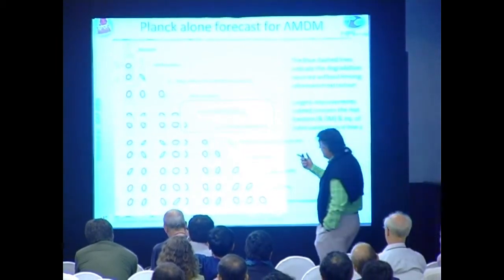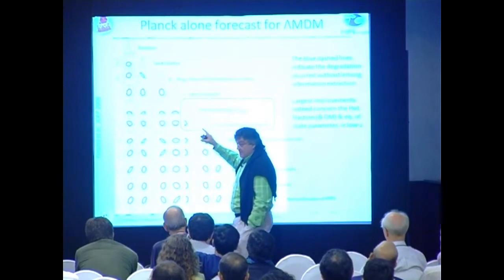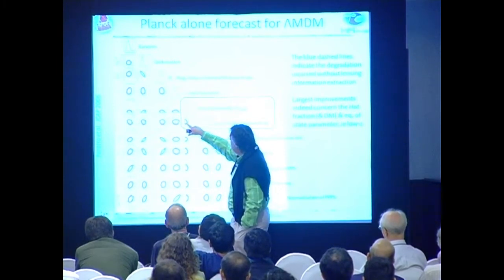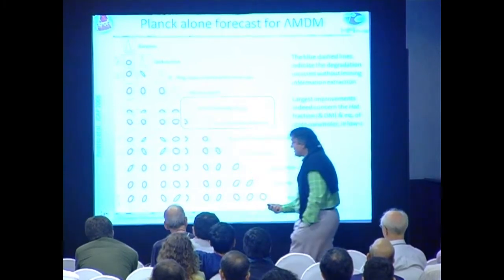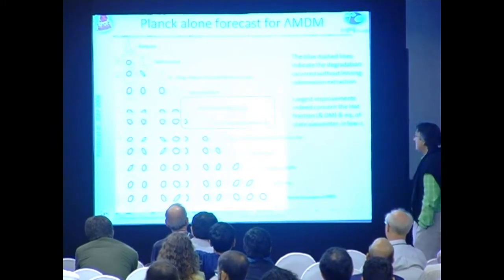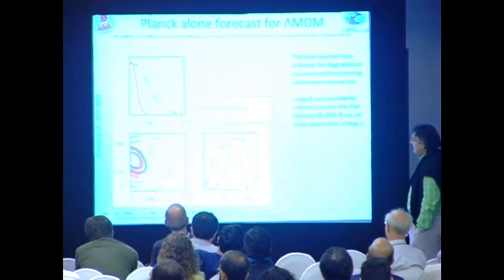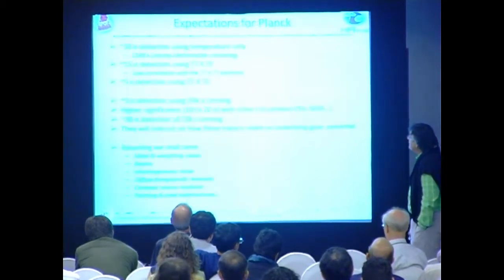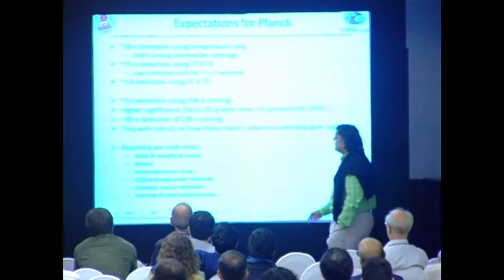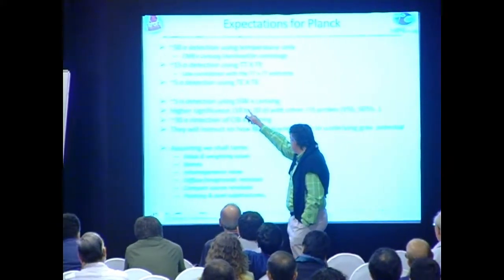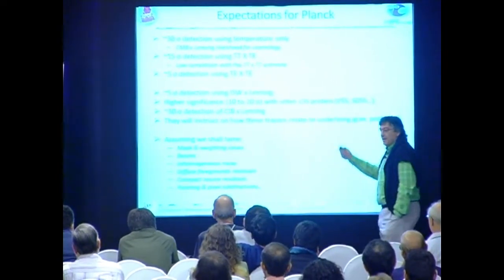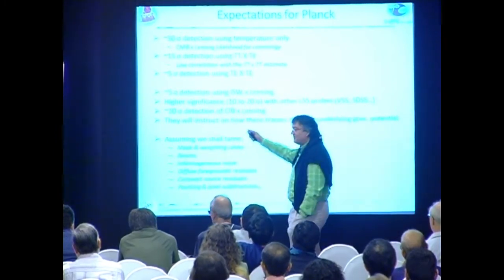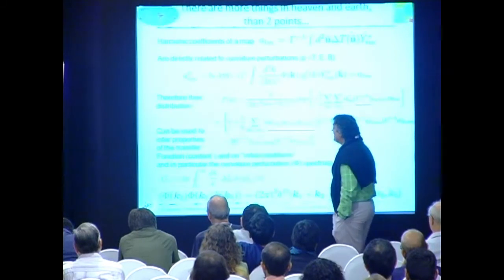So you can think of this as Planck alone, but now when you look at these parameters and include the lensing information, you go from these dotted lines here to the contours there. So you actually lift some of the degeneracies which are from CMB alone. And I'm just doing a blow up here, which we hope to be accomplishing even with the CMB alone experiment. And for expectations for Planck in terms of other detections, there are all kinds of things that we can do, in particular ISW lensing. I put for you a collection of the anticipations, or I hope, provided we are able to tame all of these nasty practical effects.